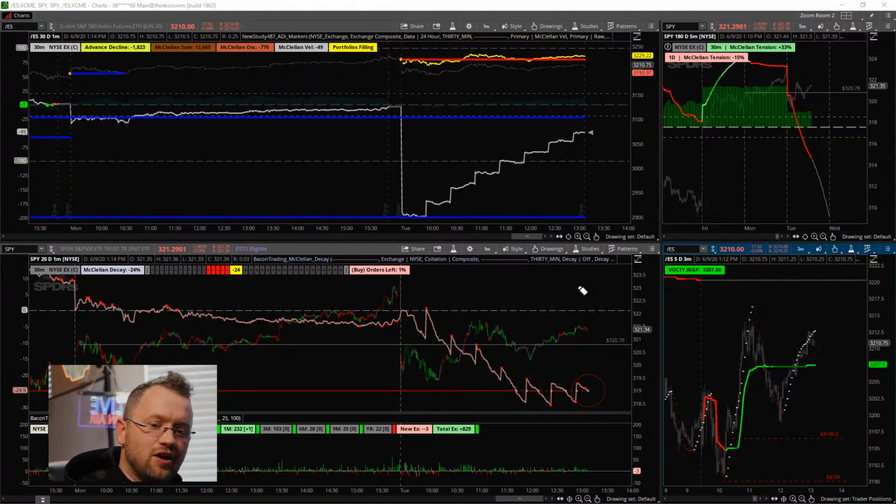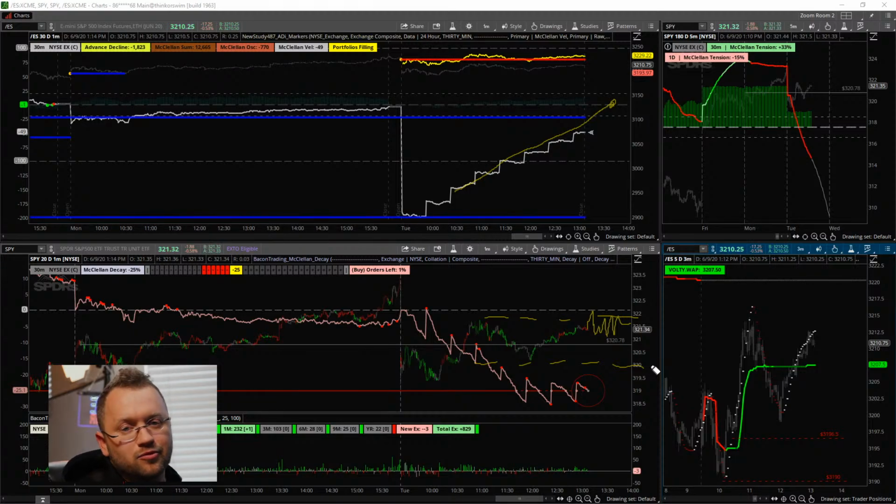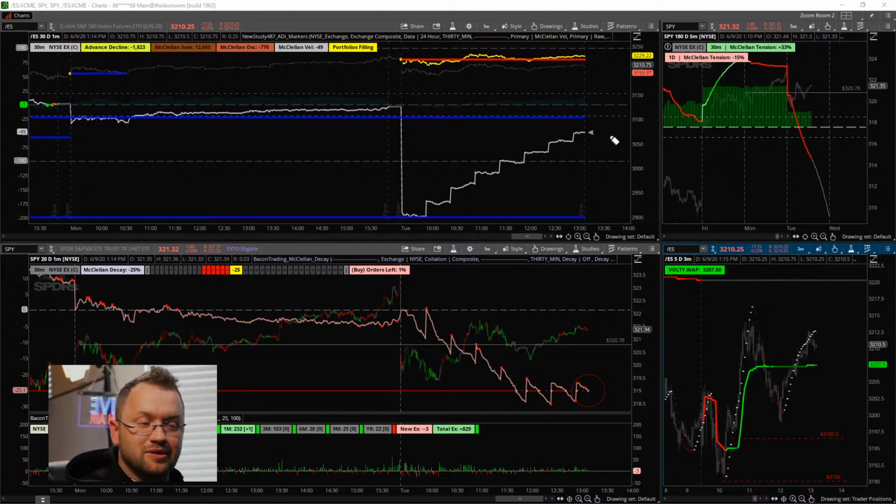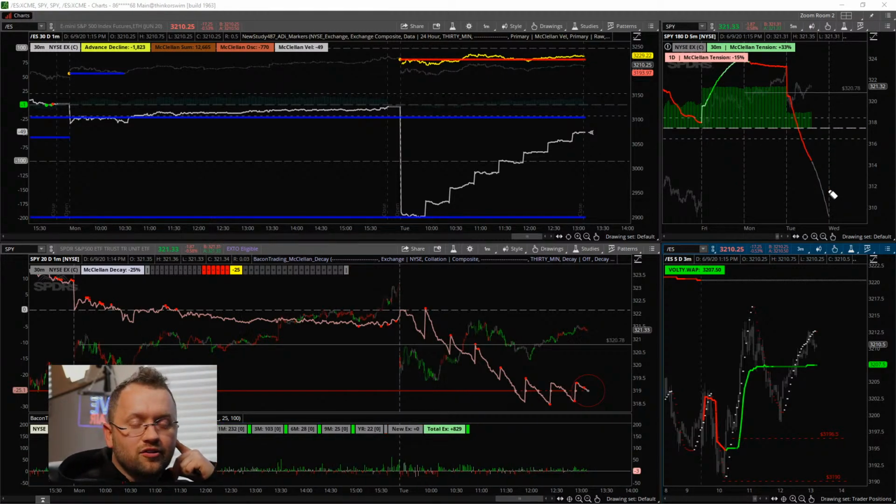So I think that right now the most sensible thing to do for both sides is to wait for this to drift to here, which is likely going to be some format of not amazing movement. And then once we get there, the bears can participate. And this is where things will get interesting, because then we get to see, really, if the bears hit, are they going to be able to pump tension down like that? If they hit right here, are they going to be able to pump tension? Are we going to see them impact? Are they going to be able to continue that into the next day? Or are they going to miss, screw up, create a liquidation, and drive this up even higher, and we push a new high into the close?